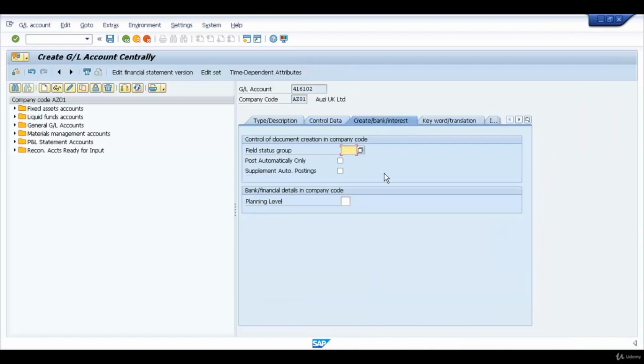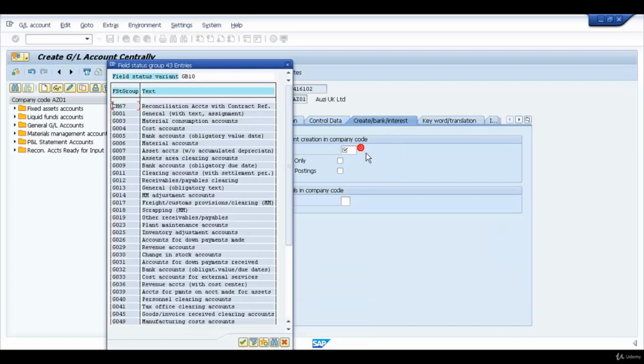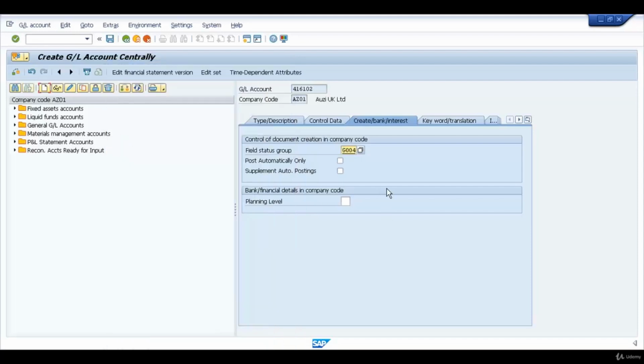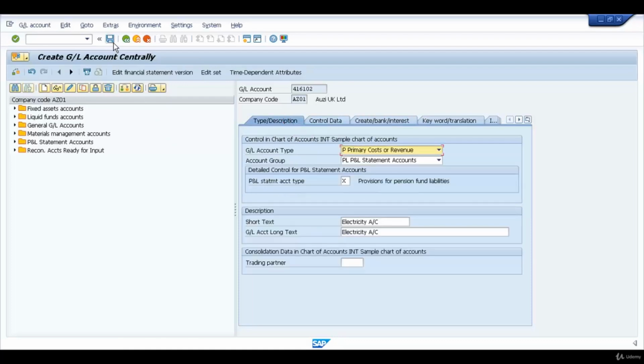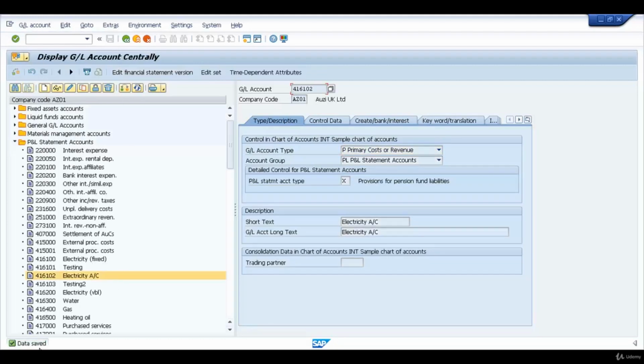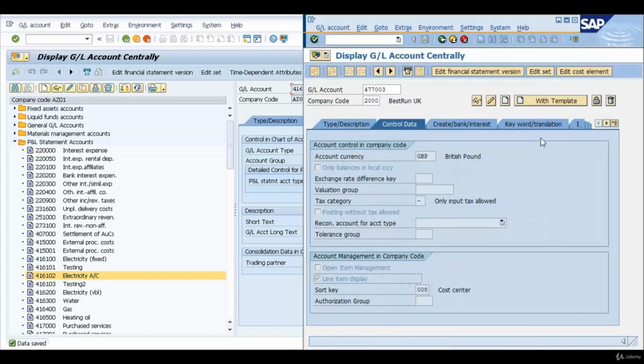Go to the next tab and assign the field status group. So I will use G004 as cost center. And that's it. So when you click on save, your electricity account has been created, both as GL account and cost element. Now you will ask me, where is the option to create default account assignment as we created